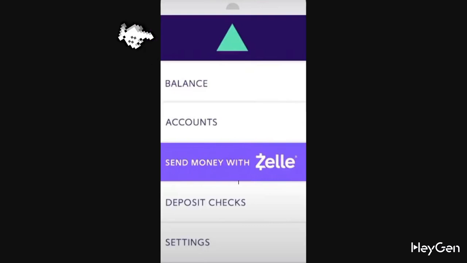Once we have arrived here in the main Zelle section, we should be able to see an option that is labeled Send Money with Zelle. And right there, please keep in mind that if this is the very first time we are tapping on this button, we will be required to enter our personal information and then add our bank accounts to get set up,